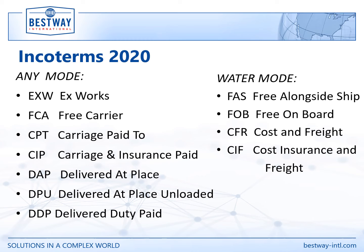So wrapping up my comments, just to point out for those of you who may not be familiar with Incoterms, there are 11 terms total. The terms you see on the left are what are considered any mode terms. They are applicable to any mode of transportation. So think more than just steamship lines, airplanes, but think about trucks, rail, all sorts of different methods of transferring